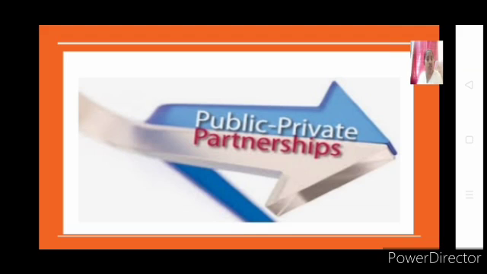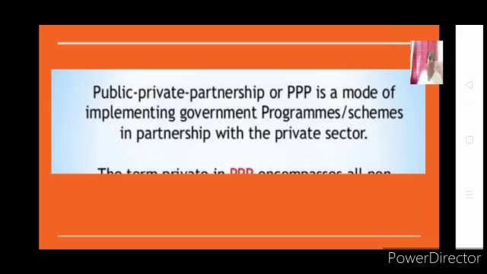When I say joint venture, it can be 2 businesses of government, or 2 businesses of private, coming together to do a particular work. Is it clear? There is no compulsion that one party should be private and the other public. But when I say public private partnership type of businesses, it means on one side you have a government and on the other side you have private individuals. Those private individuals can be sole proprietors, partnership firms, cooperative societies, HUF, or your joint stock companies. We'll see the meaning of this.